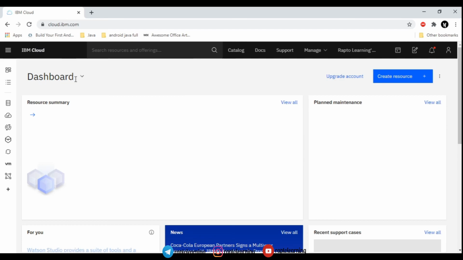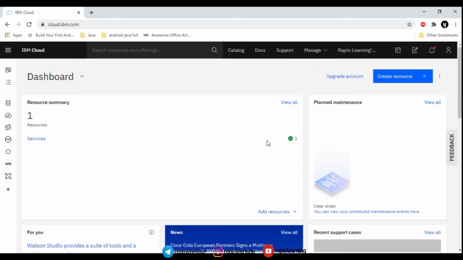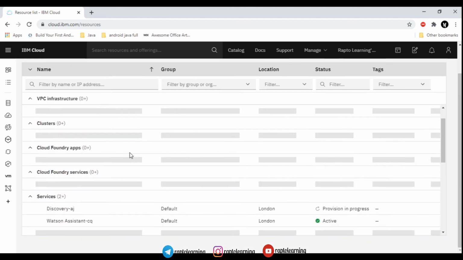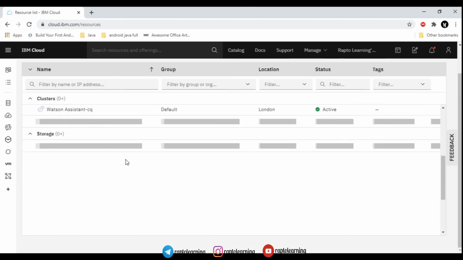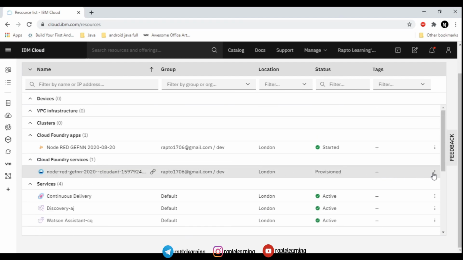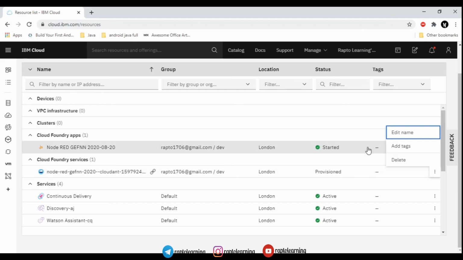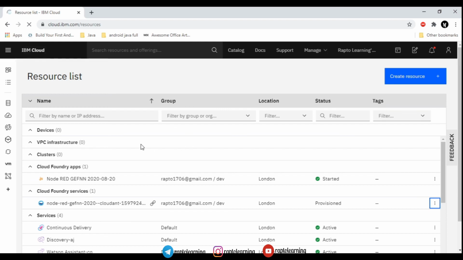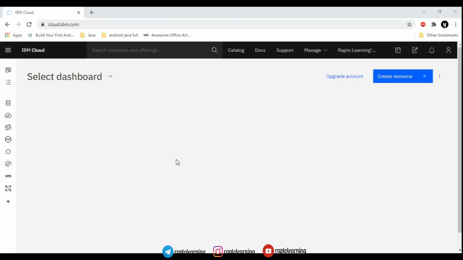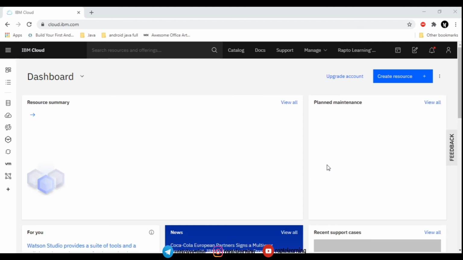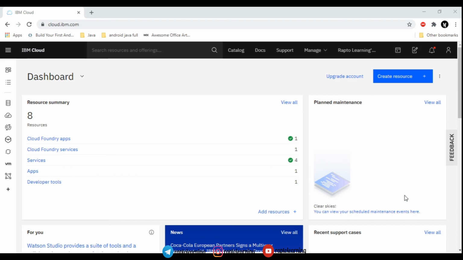Please stay on this page, because Node-RED is very difficult to install and it may take 1 to 2 tries. As you can see, there are 4 services installed on my cloud. If Node-RED is not installed correctly on your cloud, just click on this icon that is available. This will direct you to the resource list of your cloud, where you will get all the resources that you have installed. For the Node-RED service, just delete it and install it again if you think that it is not installed correctly on your IBM Cloud. So this pretty much is the basic setup of how to build an AI chatbot, right? We will see some more